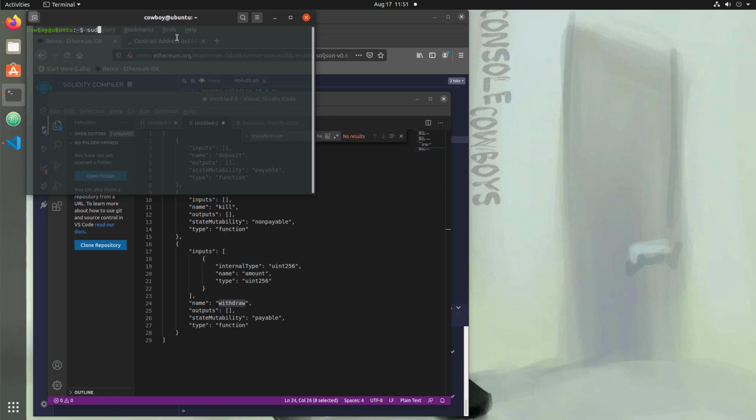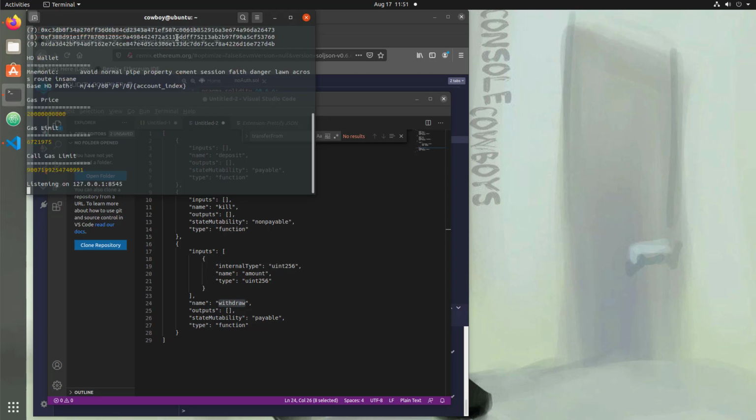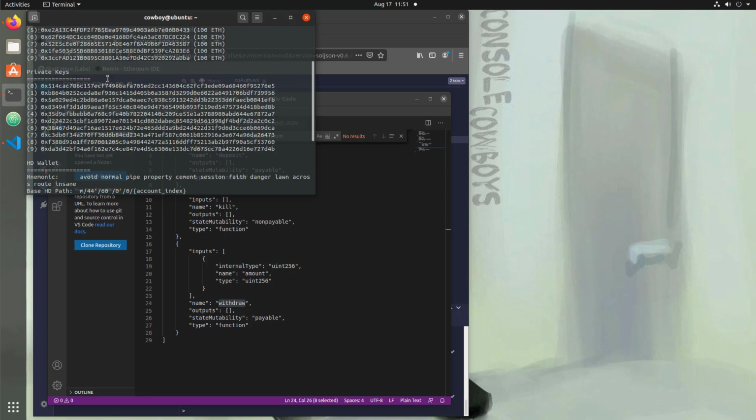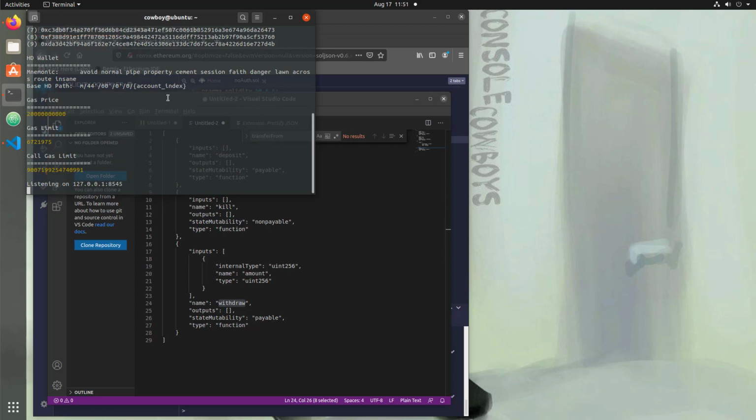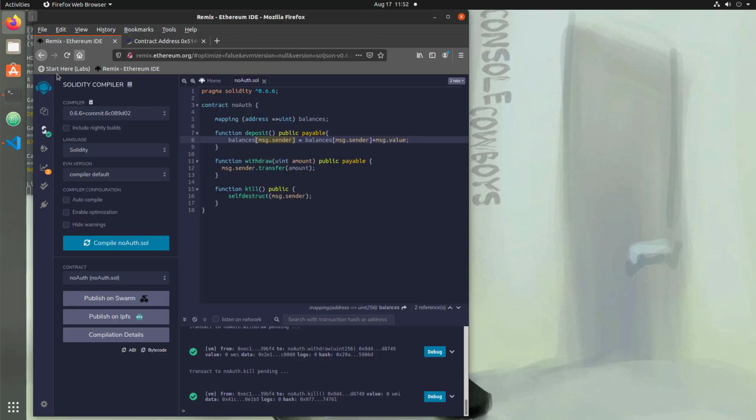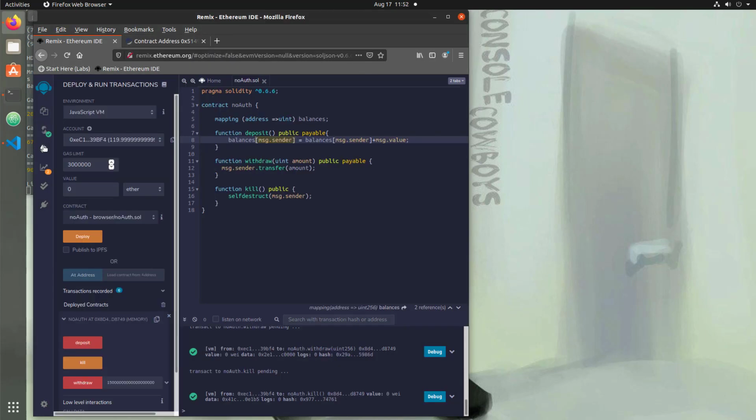So once that's installed, just type in Ganache CLI, and you'll see a bunch of text scroll through. And what you have here is your private keys, your available accounts with 100 Ether in each one. So in order to connect this to Remix, we have our address right here, which is the localhost 127.0.0.1 with port 8545. So let's go back into Remix, and we can go to the Deploy tab, and instead of